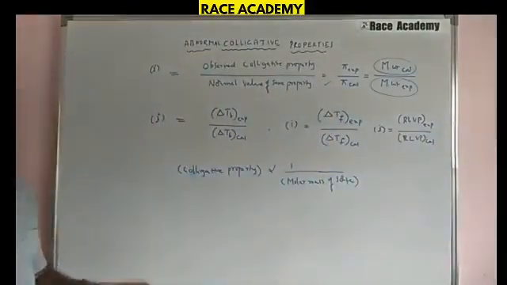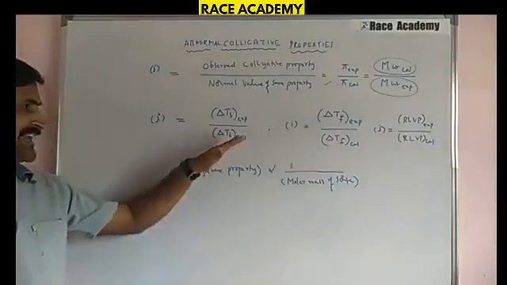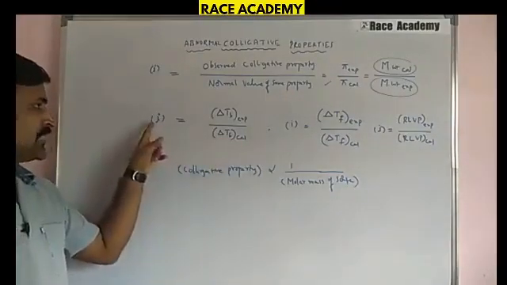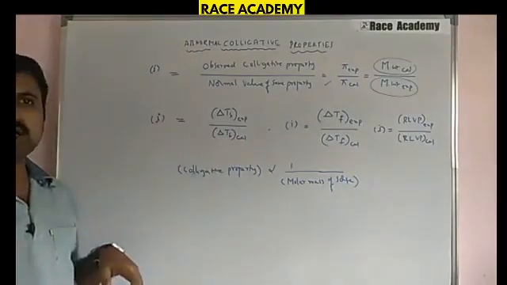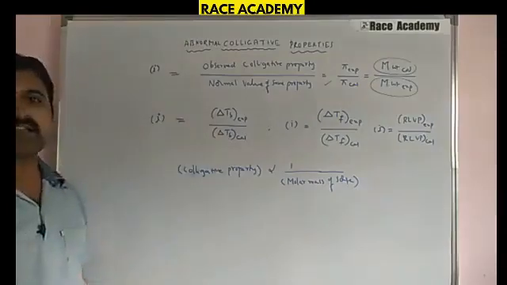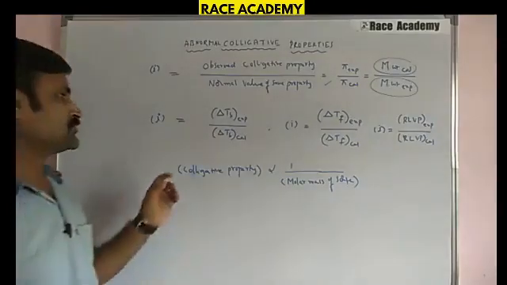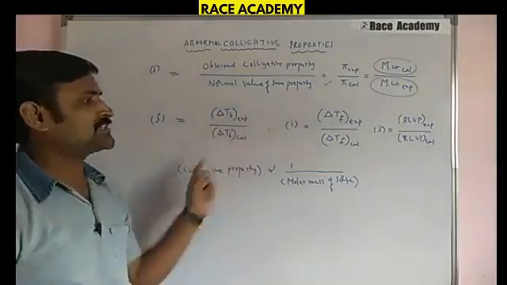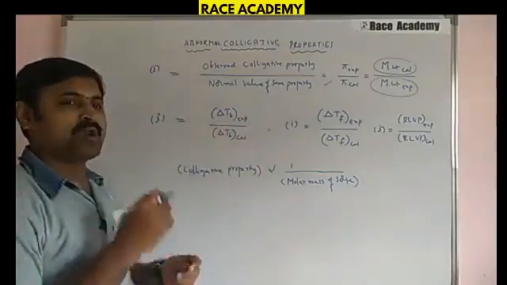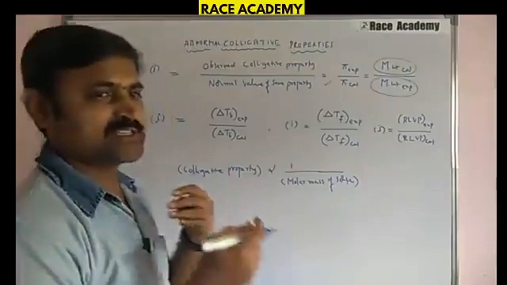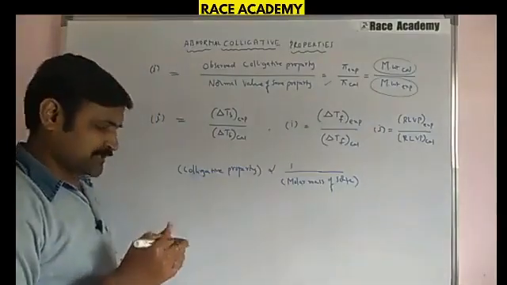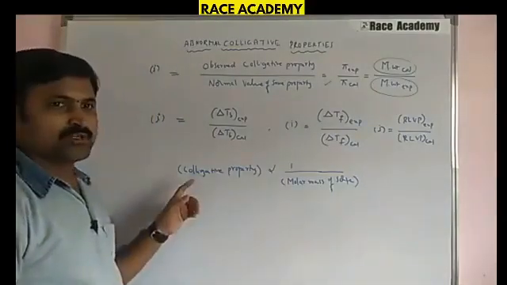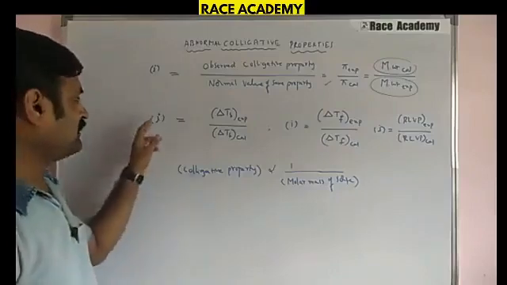If you find a relation between experimental and calculated, I into the calculated colligative property is the experimental colligative property. You can take all these relations to get an idea of the experimental and calculated colligative properties. Now we can easily include this I value in the